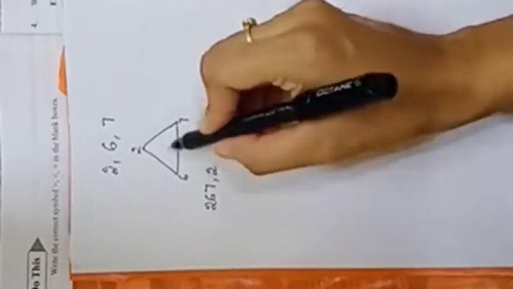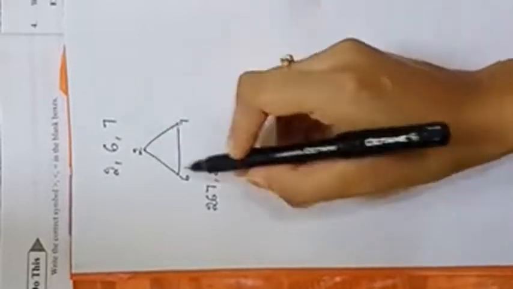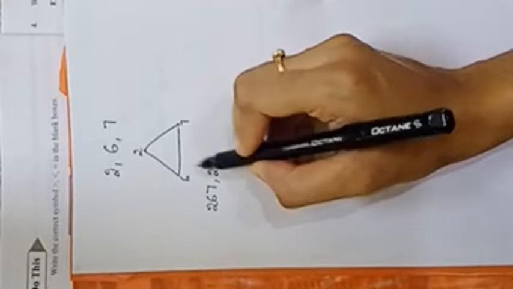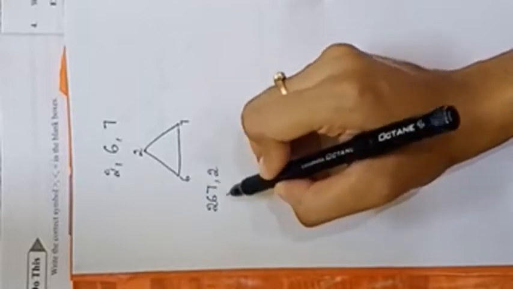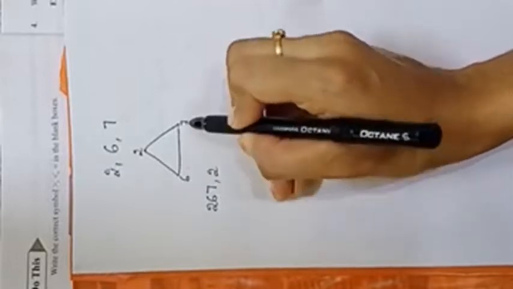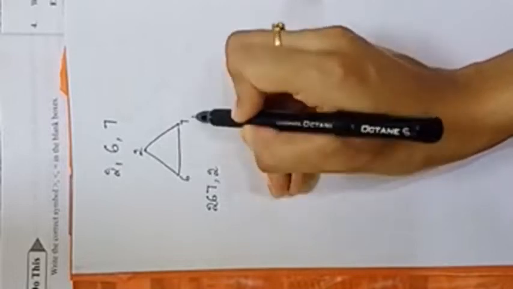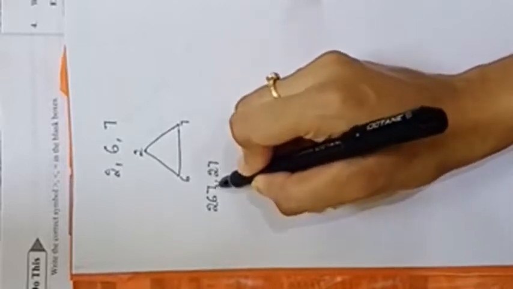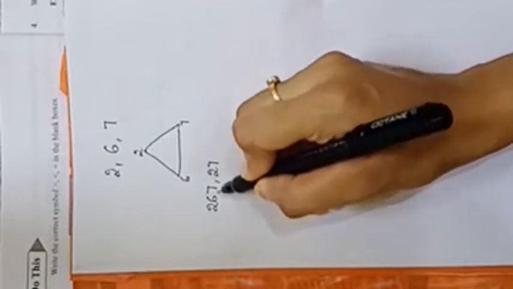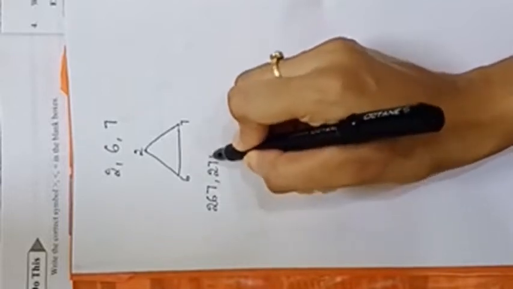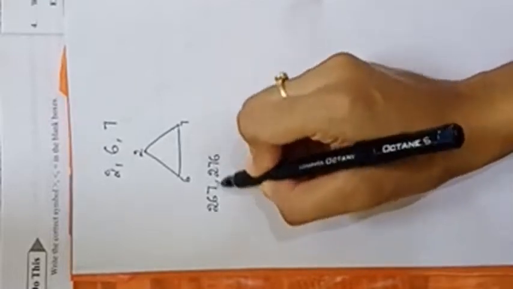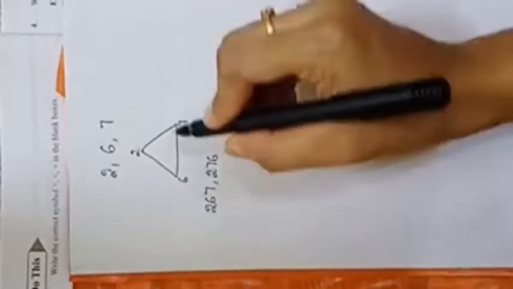Okay, it's fine. Now again, you write a 2 only. Write here 2, and don't write 6 now, because I already wrote 6 here. Then just reverse. In place of 6 you write 7; sorry, in place of 7 you write 6. One more three-digit number I got. Very easy. Okay, now the next number.